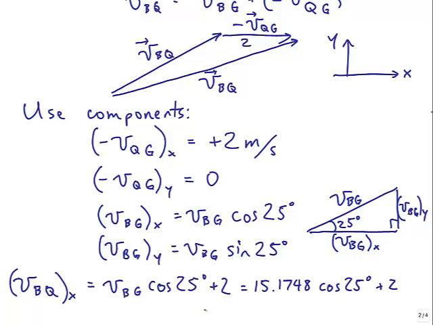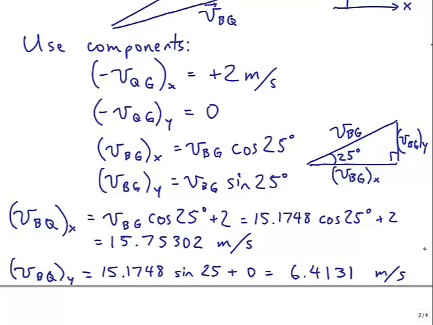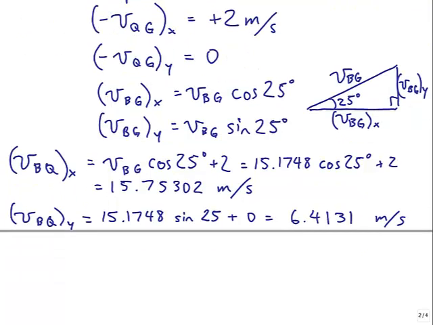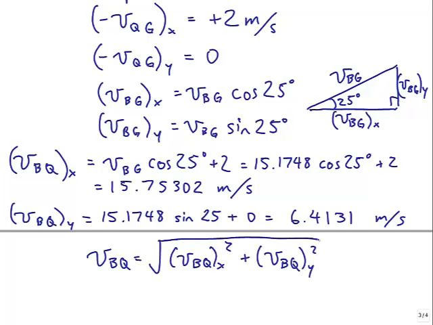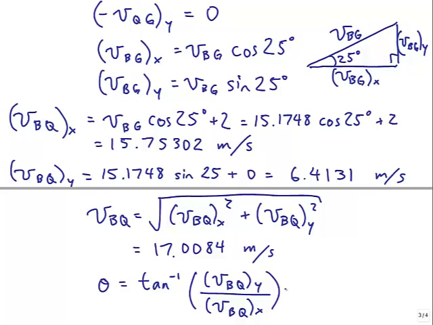Plugging in all the numbers into my calculator, I got 15.75302 meters per second. And in the y direction, you got vBG sine 25 plus 0, and I got 6.4131 meters per second. So those are the components. If you want to find the magnitude, you'd use Pythagoras, take the square root of the sum of the squares of the different components, and I got 17.0084 meters per second. To find the angle, use tan to the negative 1 of the y component over the x component, and I got